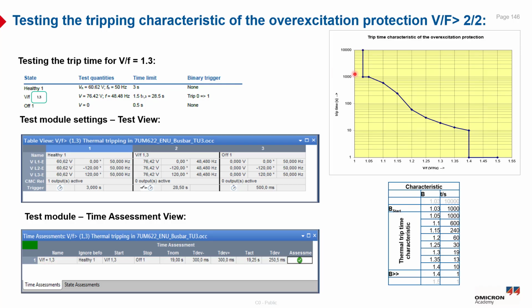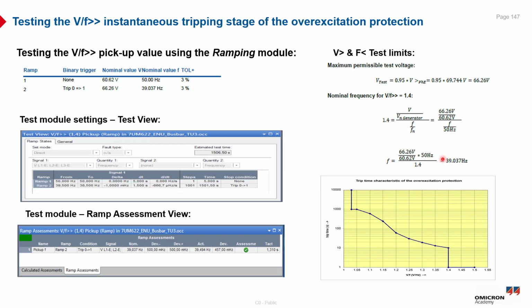So you can test also the curve in between, which is represented by number 2. So we tested the value at 1.2 and also at 1.3. Now we will talk about the highest stage, which is the V over F double greater stage of the overexcitation function, and how to